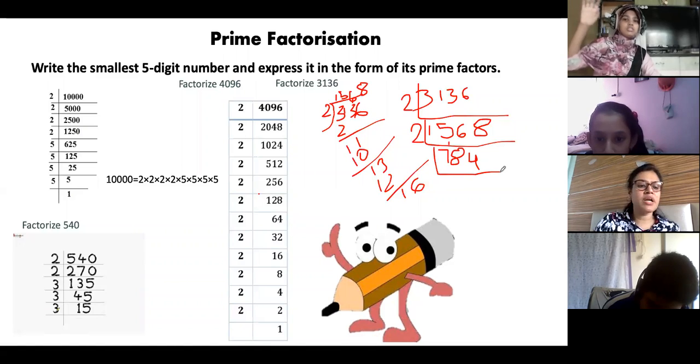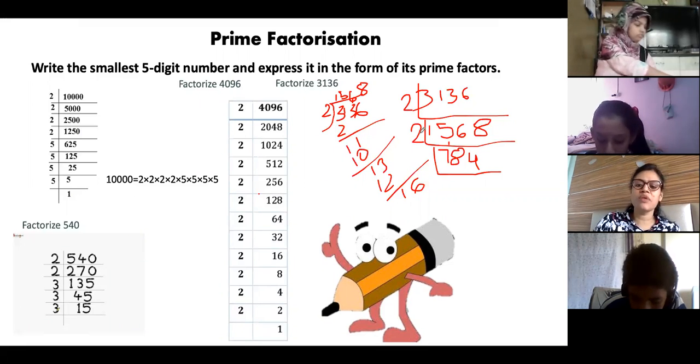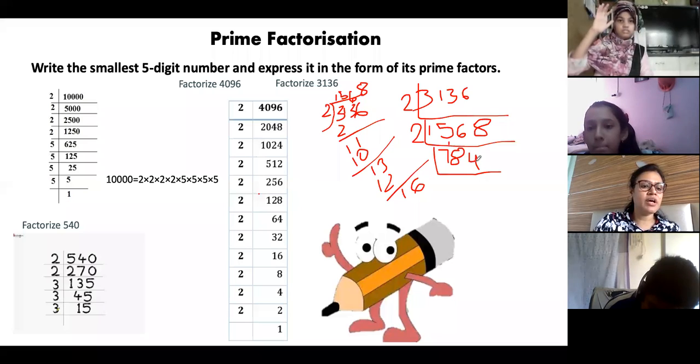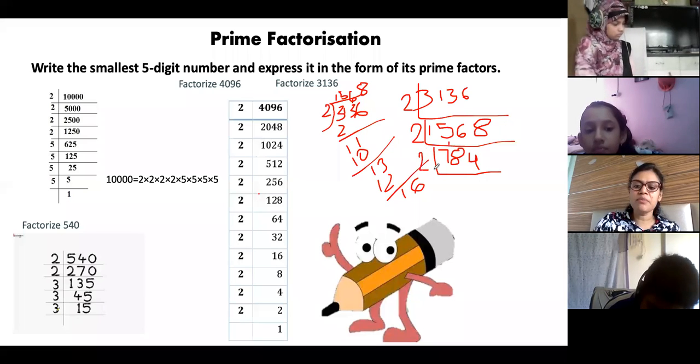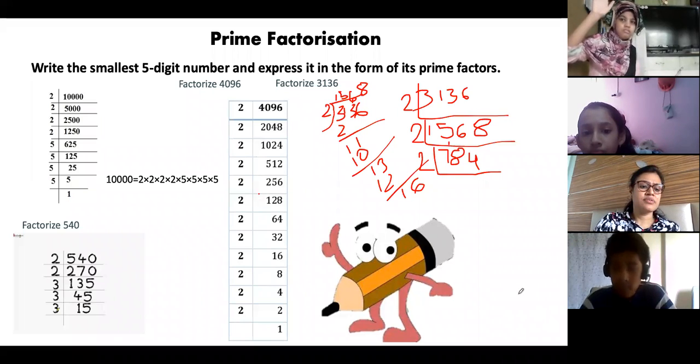For a bigger number, if you are not able to do it directly, you can do it in the rough work on this side. Every time you have to divide this way and write the quotient over here. Is it clear, Amina? Then next I will again divide by 2, and you will keep dividing till you get 1. Ma'am, I got the answer.